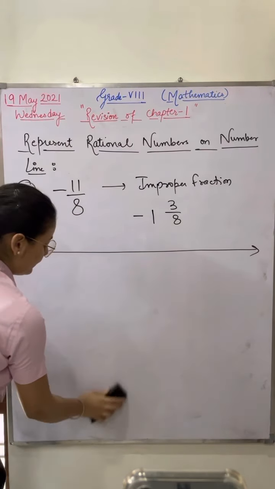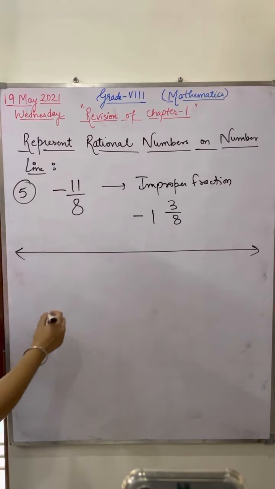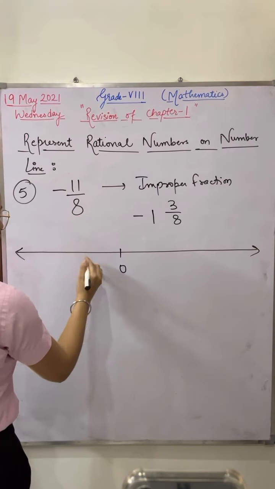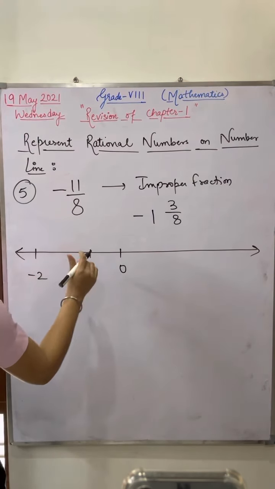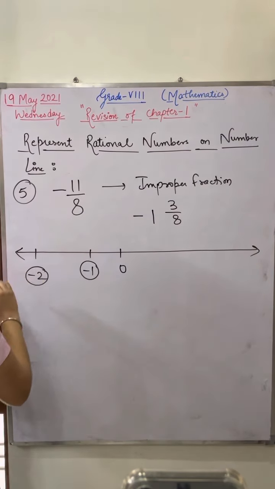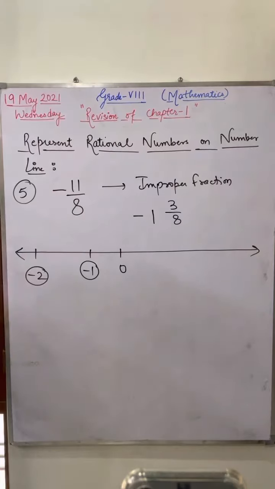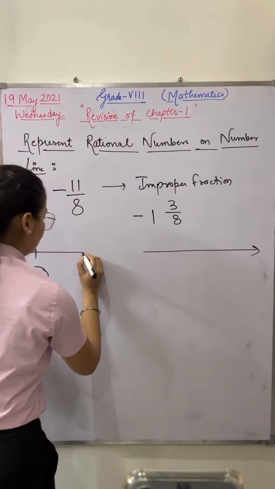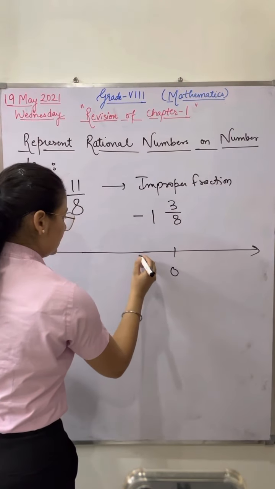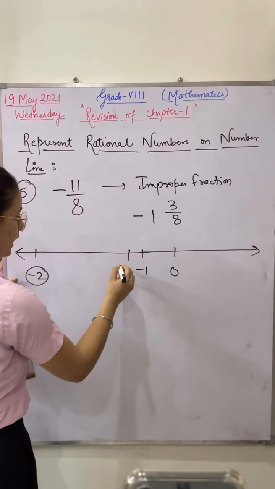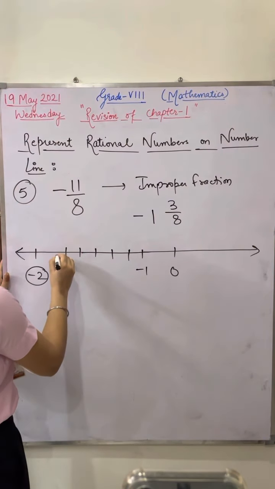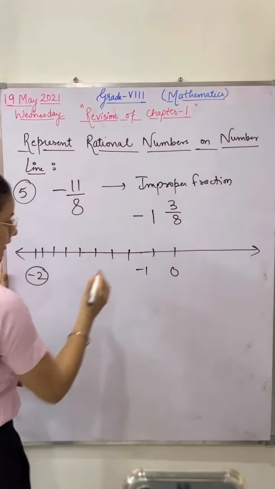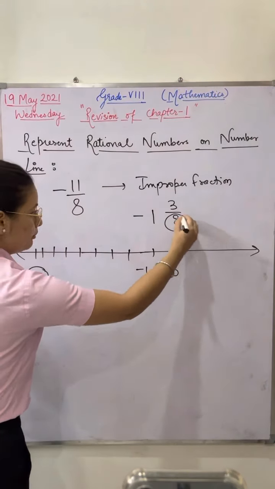Nikansh, please tell me, this fraction lies between which two numbers? It will come between -1 and -2. Very good. This is 0, this is -1 and this is -2. This will lie between -1 and -2. How many partitions do I have to make? Ma'am, 8. Let me make a space for this. 8 partitions: 1, 2, 3, 4, 5, 6, 7 and this is 8. Please make sure equal distance should be there.